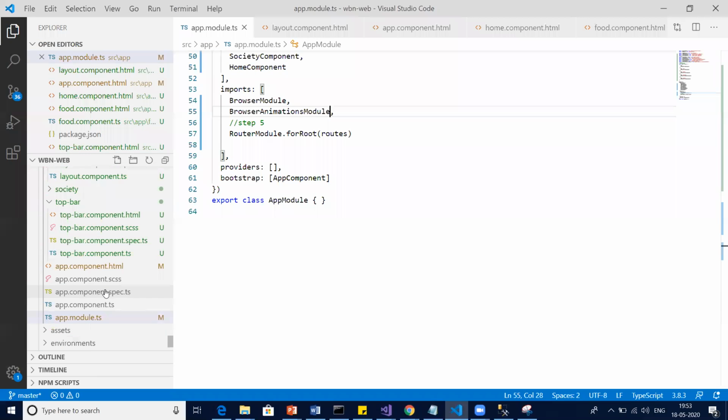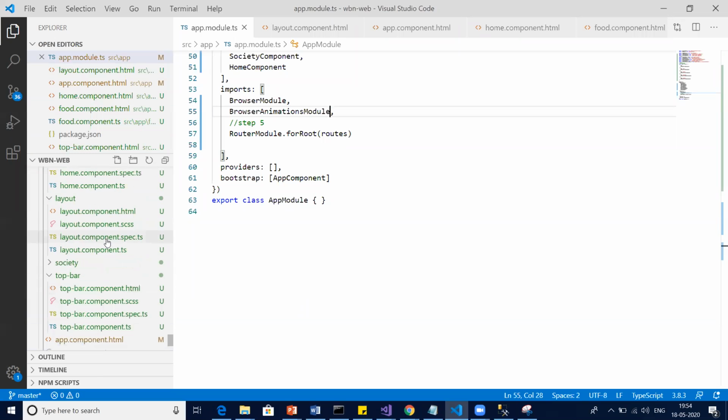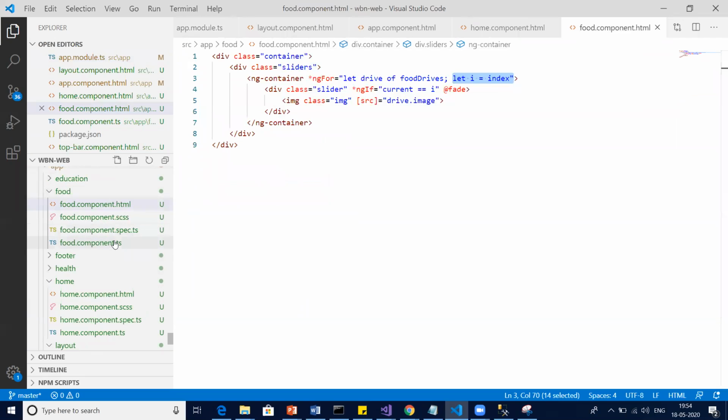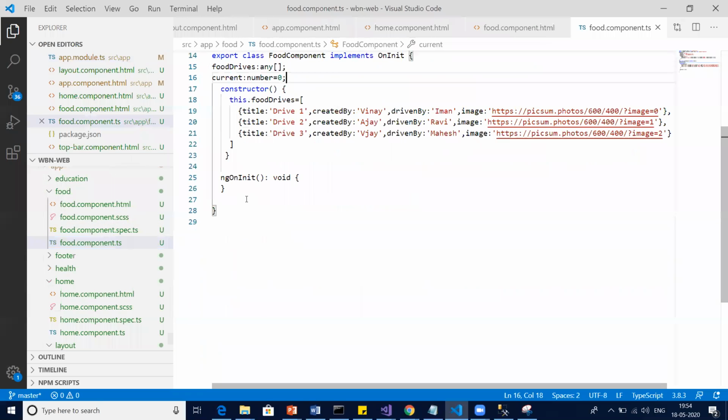How many of you don't know about setInterval or setTimeout? Team, anyone who doesn't know about setInterval or setTimeout?